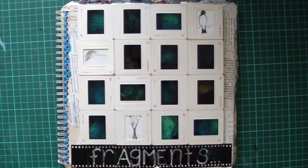This is my art journal Fragments. It began life as a child's cardboard book, and on each page I used sandpaper to sand off the glossy coating of the printing process so that the glue and gesso would have something to grip onto. I then covered each page with collage papers, text papers and gel medium, and then usually gesso. So the cover,